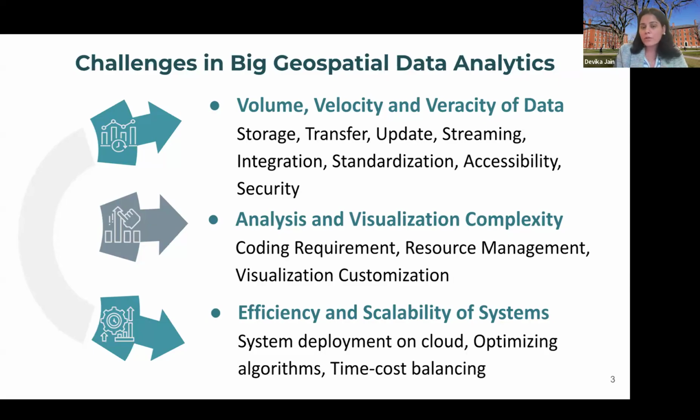Then again, we also wanted to focus a lot on the efficiency and scalability of these systems, because how do we get them deployed on our cloud system? How do we optimize our algorithms for cost time balancing in the end is the key here. How do we minimize the processing, the visualization, the analysis time of these data set to achieve the minimum cost saving for our researchers? And with these things in mind,